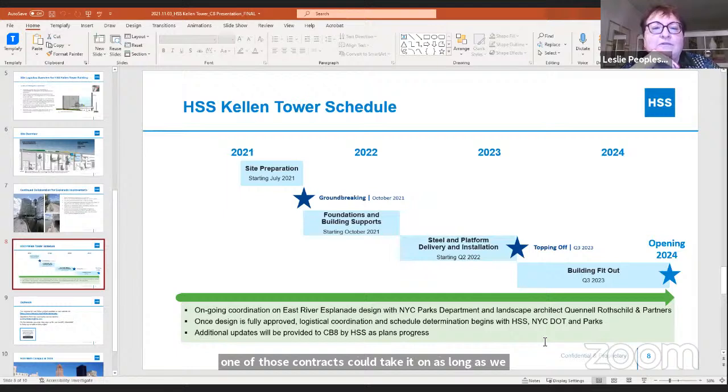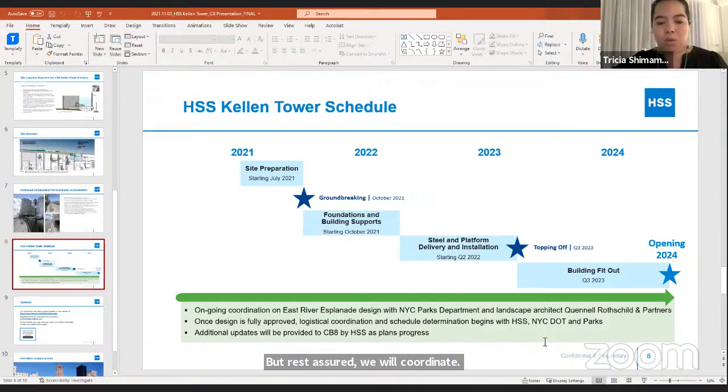So we will look for that. We will get back to you on that. But rest assured, we will coordinate. Okay, thank you. Sure. The only other piece, Mr. Moore, that I wanted to add